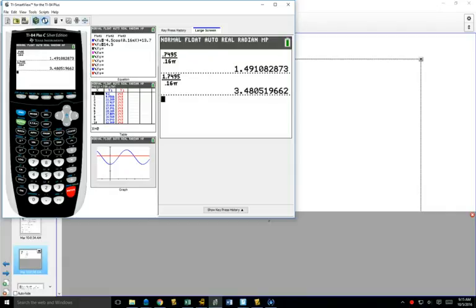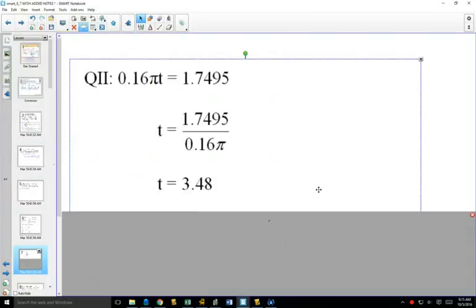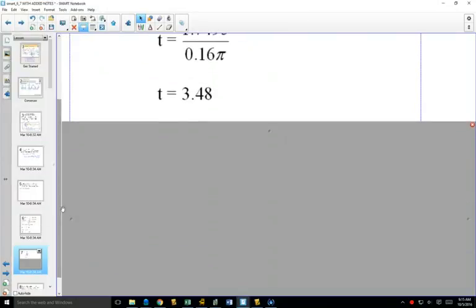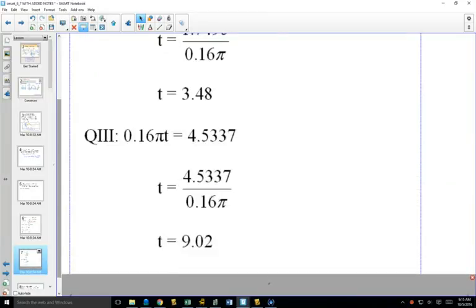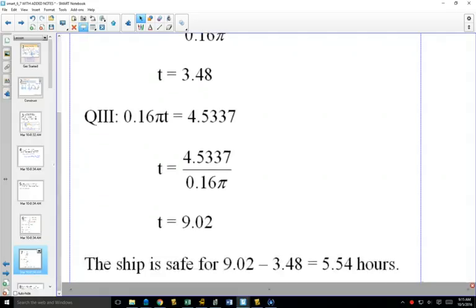If you get good at your graphing calculator and plugging in an equation and finding intersection, it can be much quicker to solve that way than solving algebraically. Similarly, you could find out the other angle in quadrant 3, work the same way, and you get your 9.02. So all of those things together help us solve that it's 5.54 hours. So that's how we could do that